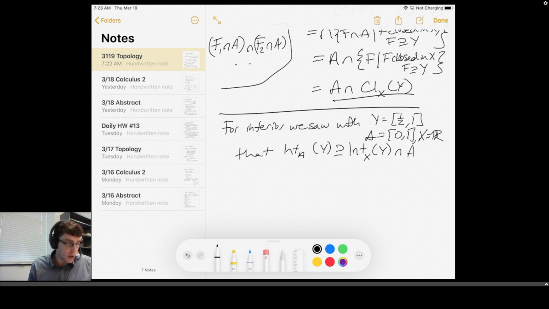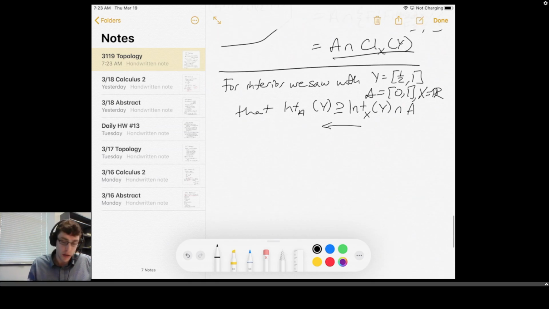Okay, so in this case, I just want to show that this guy is included in that. So here, I'm going to do an element approach. It's not too bad to do, and I think we had 78 and 79 as our big things on the element specific ways to show something was in the interior or closure. I think we've used the closure one so much more that it's nice to see the interior one used a little bit. So